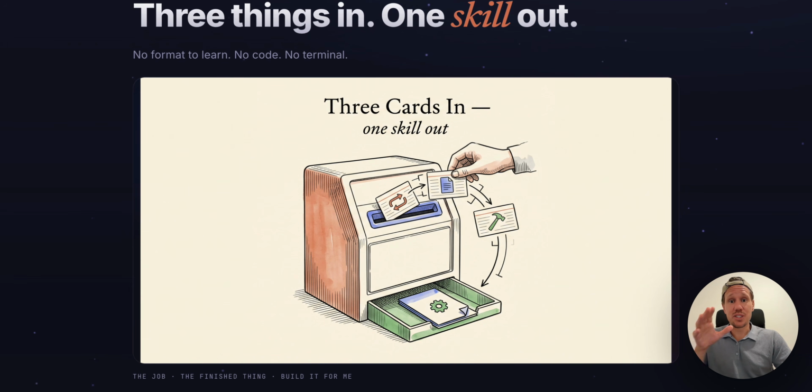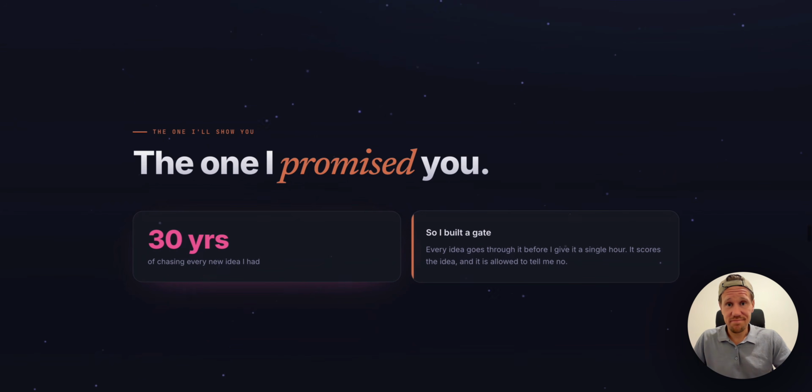So now let me stop describing this and just run a skill and show you what it looks like. The skill I want to show you is kind of personal actually. I get new ideas pretty much constantly. My brain just goes on 24/7. It's business ideas, project ideas, things I could build. And for about 30 years, I chased pretty much all of them. So I built a skill whose only job is to argue with me about an idea before I commit any time and or money into that idea.